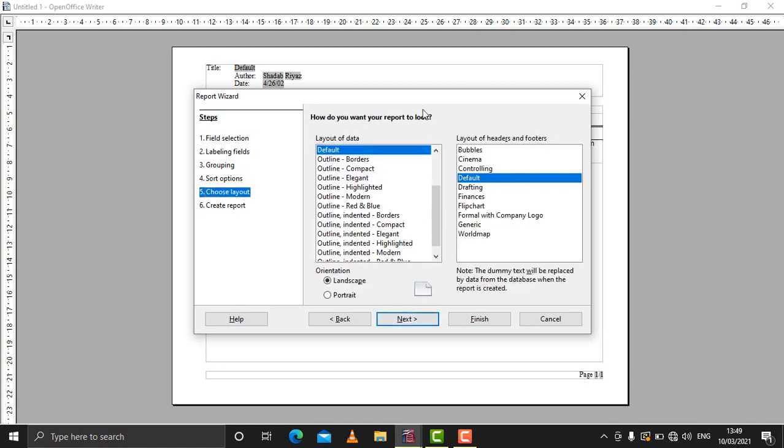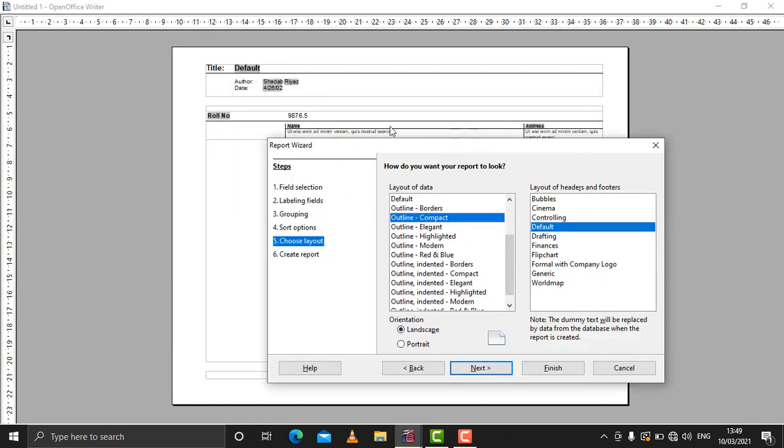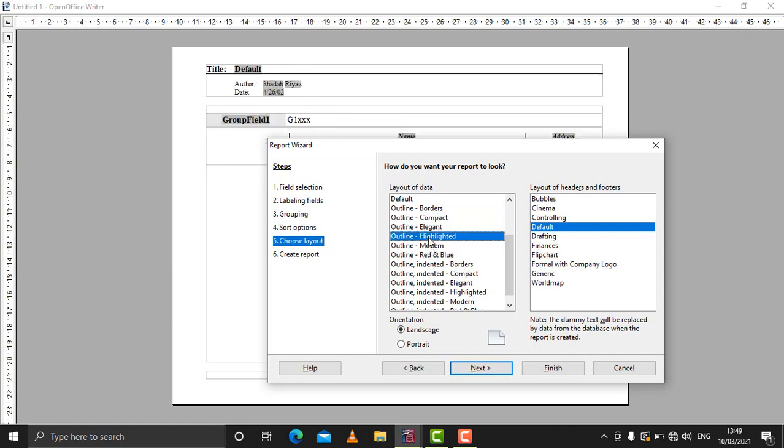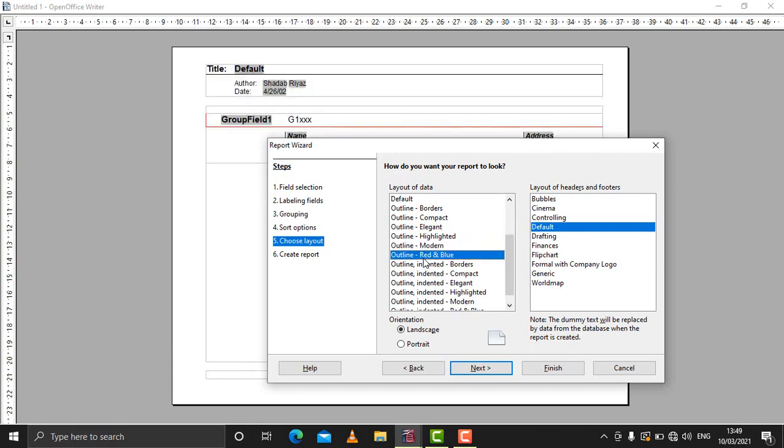And now you can see the layout is here. So a number of layouts are there. You can see the changes at the back. So it depends on your choice.